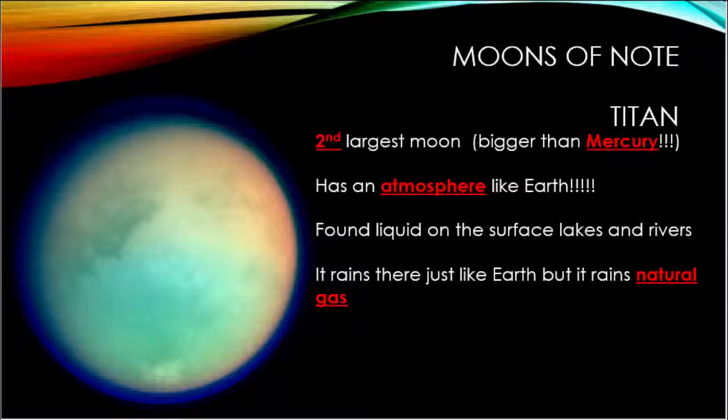So Titan is one of the moons for Saturn, and it has an atmosphere very similar to Earth. It's a pretty dense atmosphere,